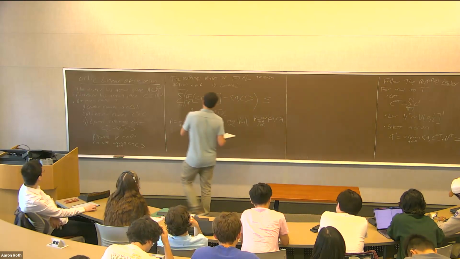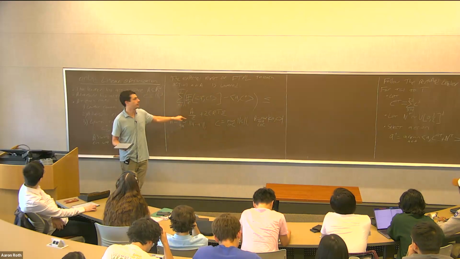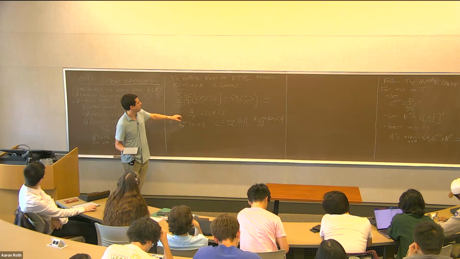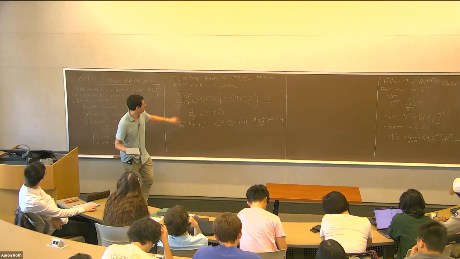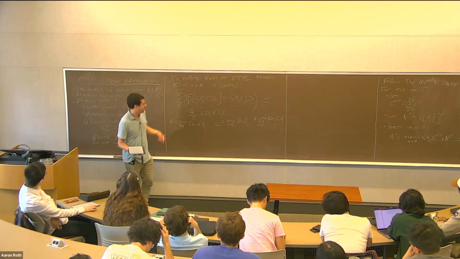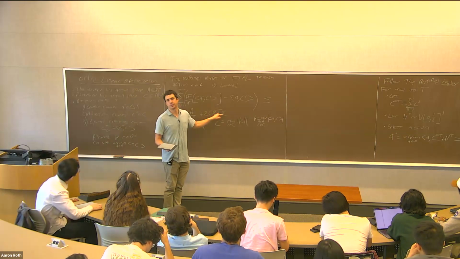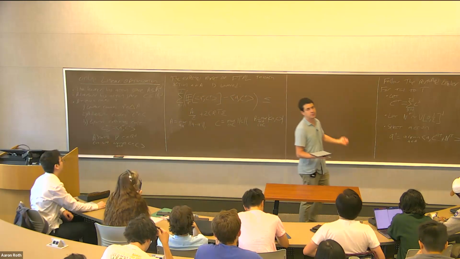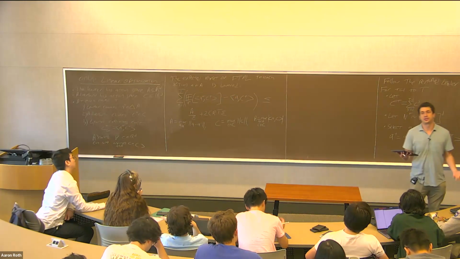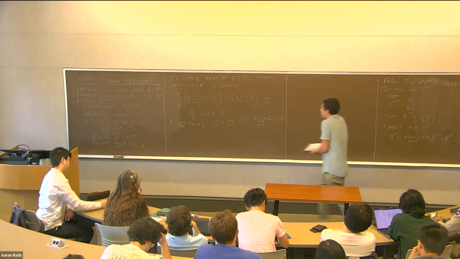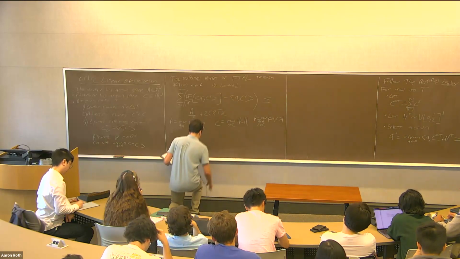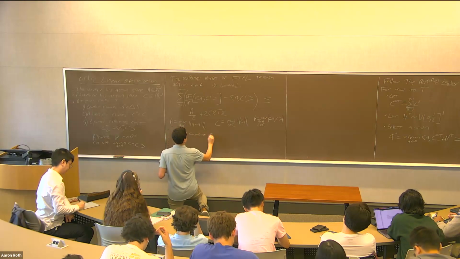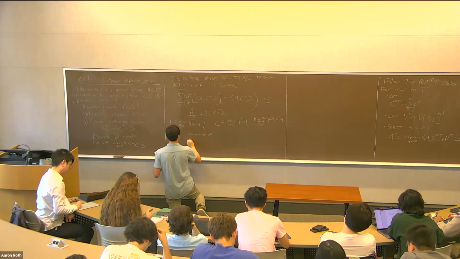This theorem has 2 terms in it. The first of them is, as we make epsilon smaller and smaller, the first term gets bigger. But as we make epsilon smaller and smaller, the second term gets smaller. So what should we do if we're interested in worst case bounds? We should choose epsilon to balance these 2 terms, right? So if we do that, choosing epsilon optimally, what we get is that the regret